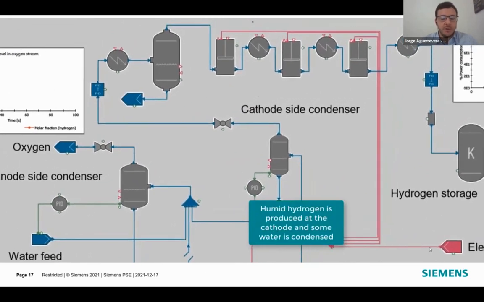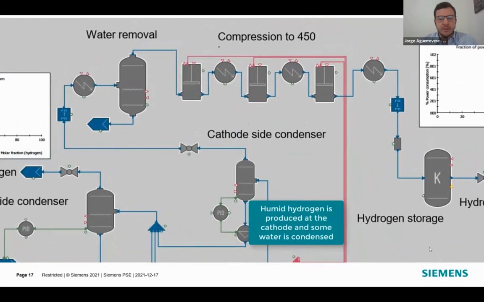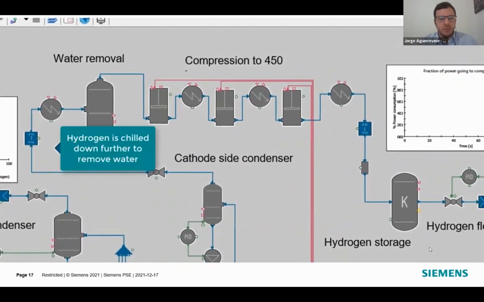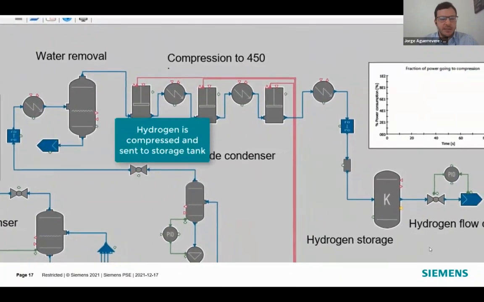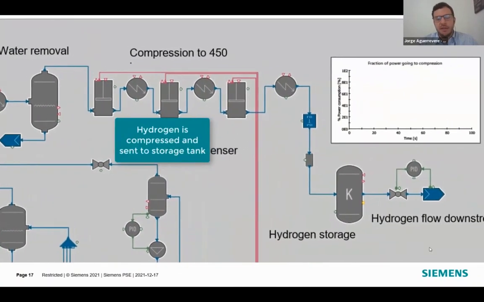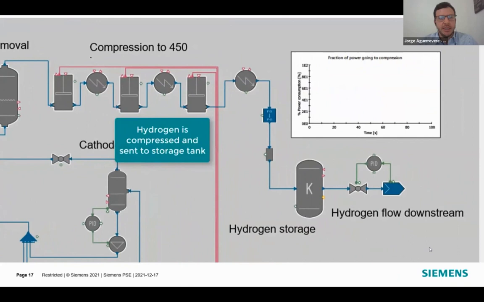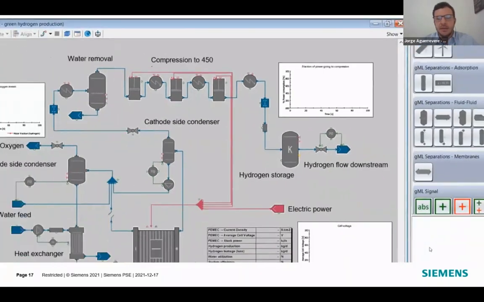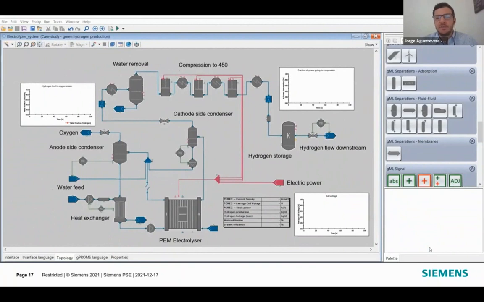That water is hotter, so it needs to be cooled down. And on the other side, humid hydrogen exits, and we separate some of the water, then cool it and take more of the water out. And finally, that goes into a compression train. In this case, we're compressing it to 450 bar. And then it goes into a storage tank, and we take some of that hydrogen as demanded by a downstream